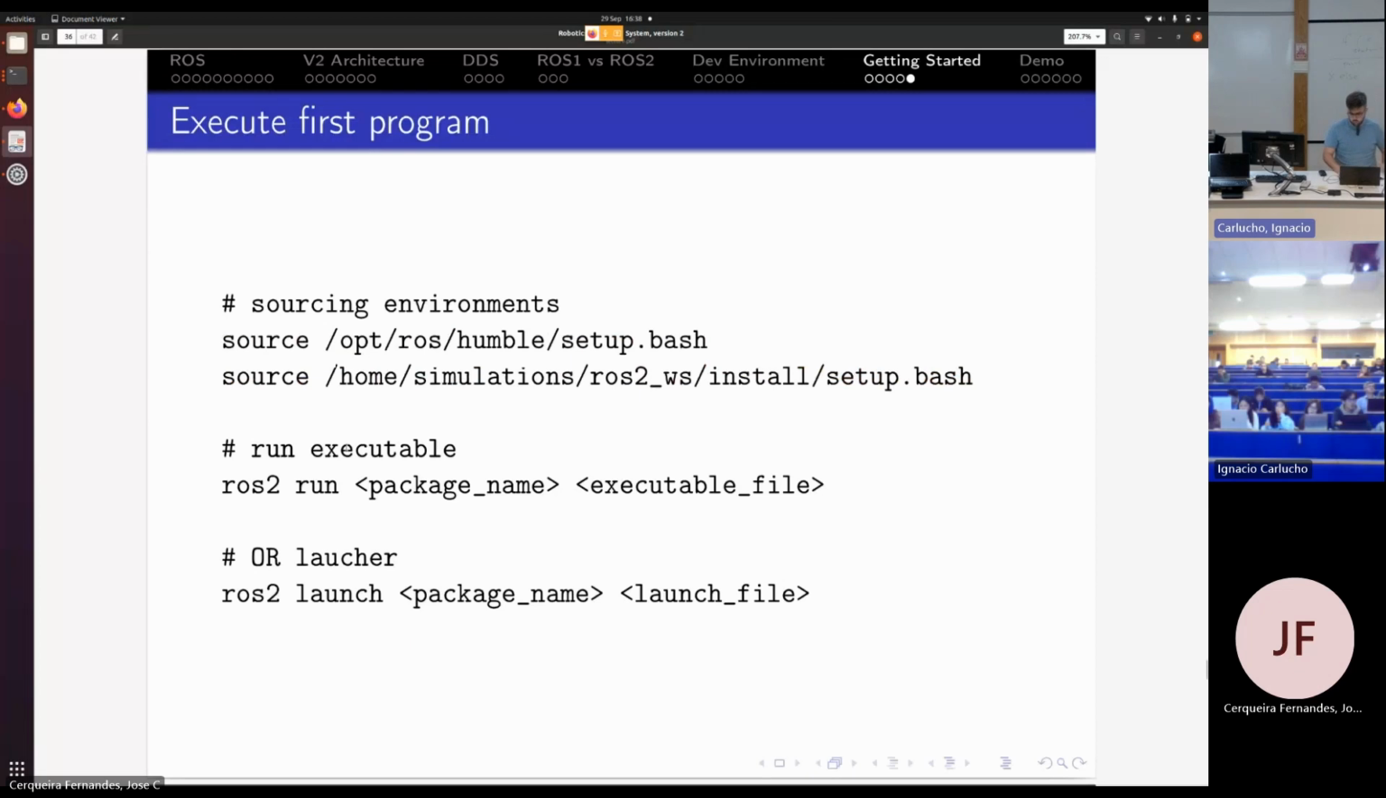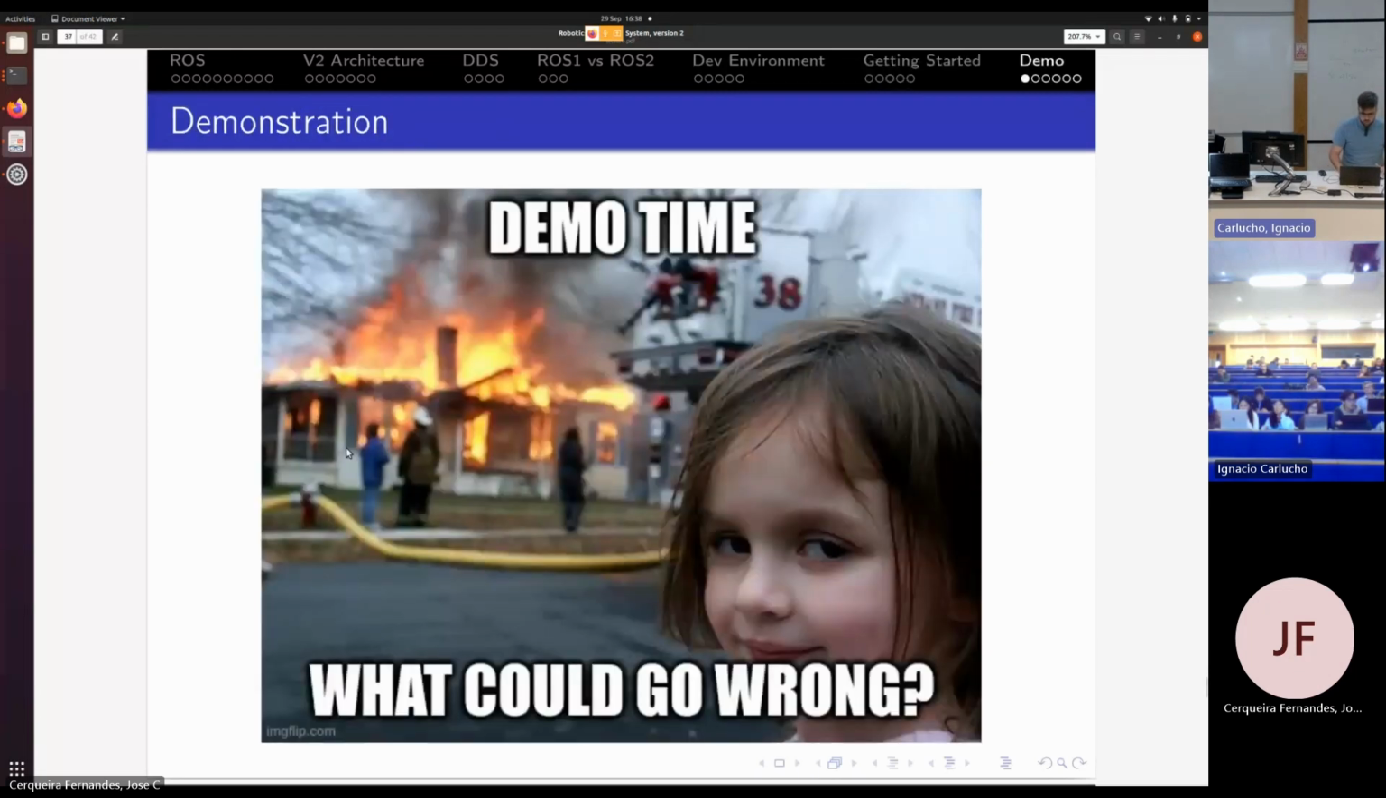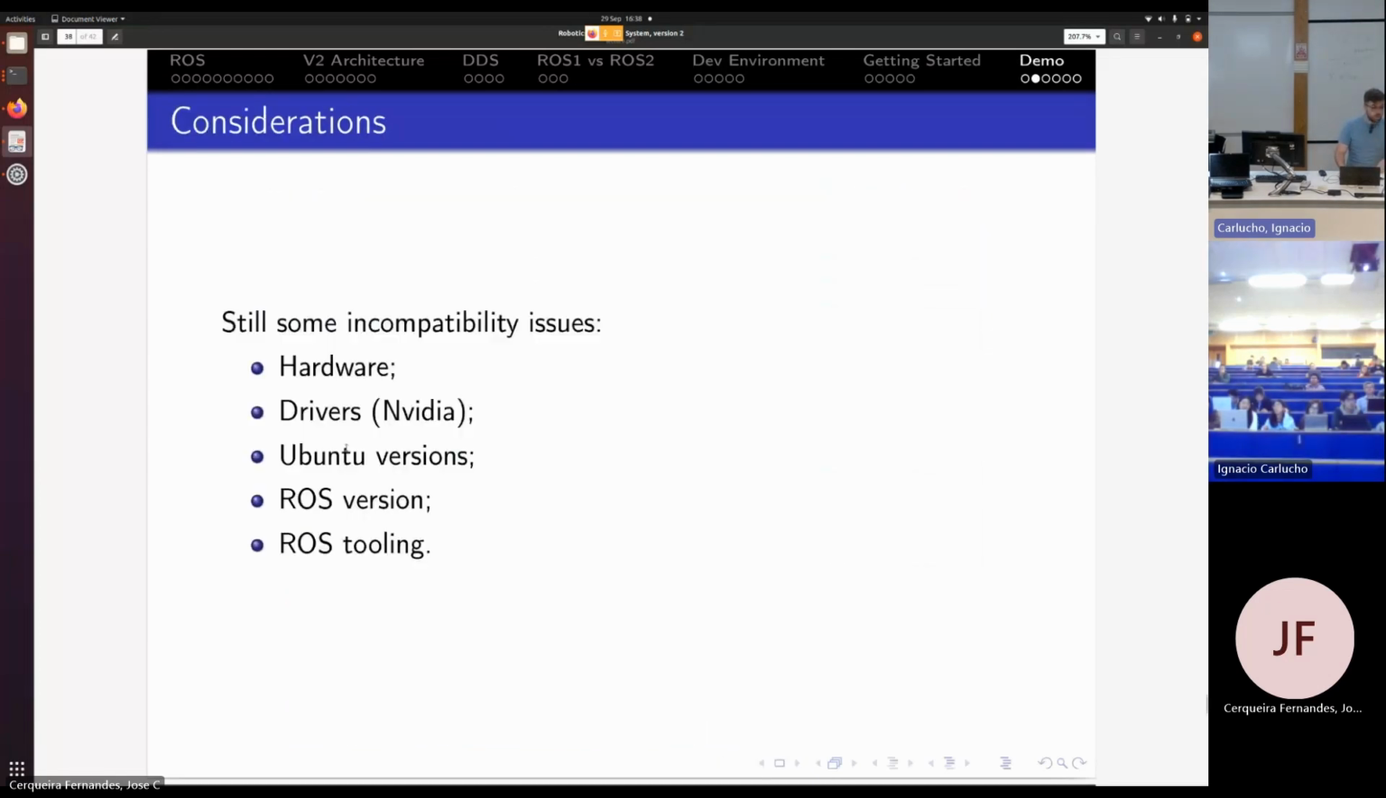I'm not sure if in ROS1 is the same or different. So now is the demo time. Something will break, I'm pretty sure. But before I go into that, I'll do some considerations about the state of how you develop in industry, because